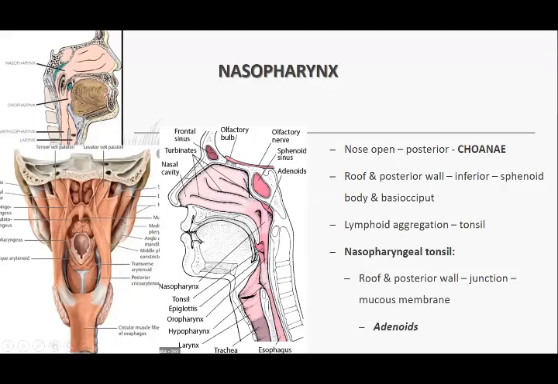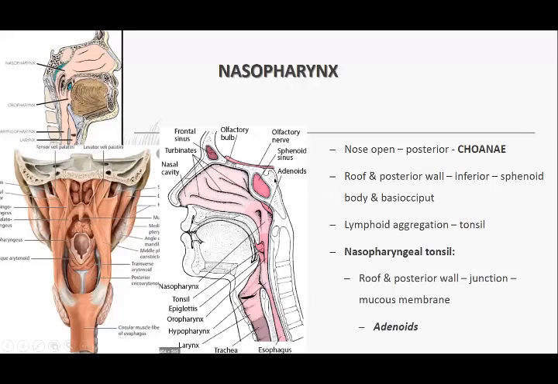ये posterior opening of the nasopharynx, the area where the nose enters into the nasopharynx, ये जो part है this is called the choane. ये nose है बेटा, getting divided by the nasal septum, the vomer, the bony part of the nasal septum. ये दो posterior ends of the nostrils हैं, nasal cavity की posterior opening, they open into the nasopharynx. ये जो opening है this is the choane, ठीक है।